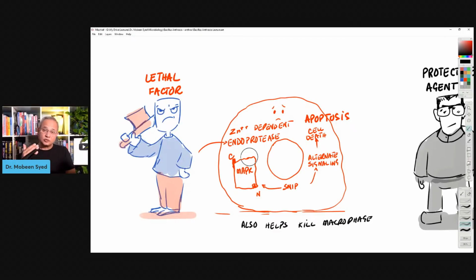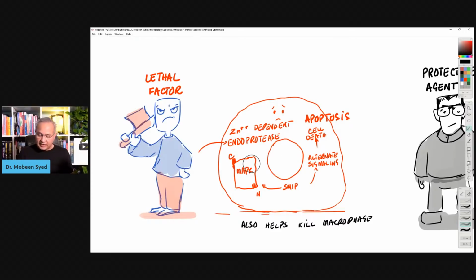It needs zinc to work. Remember, it is a lethal factor. Who is it lethal for? Not just for humans, it is lethal for cells. And when too many cells die, then the person would die as well. So lethal for cells and then for humans, or the animal, whichever animal it has, livestock has that too. So zinc-dependent